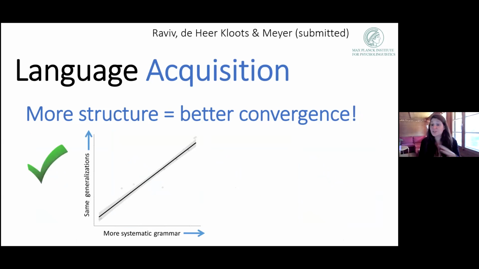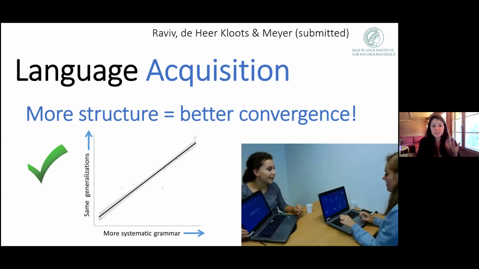And the result was striking. It was very clear. It showed that participants who learned more structured languages were much more likely to produce the exact same generalization, so much so that these two points are one. They're just identical. These findings suggest that systematicity allows strangers to converge effortlessly. So people who never interacted before could potentially communicate successfully about new events and immediately be understood. And if you remember, this is exactly the mechanism I postulated that drives these group communication experiments I showed you.